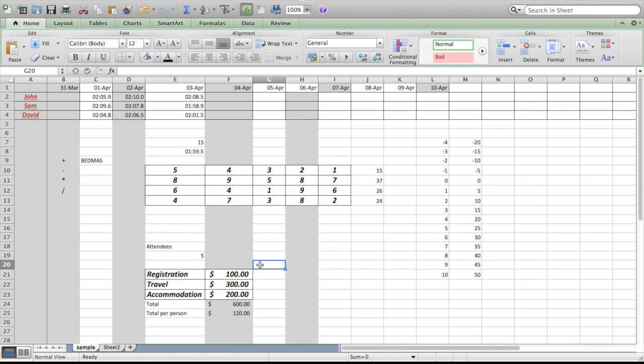I can also break this down into the cost per person, and I can put in a formula where I'm going to take my registration and divide it by the number of attendees. So my cost for registration per person is $20. If I'd like to drag this formula down with my bolded plus sign,